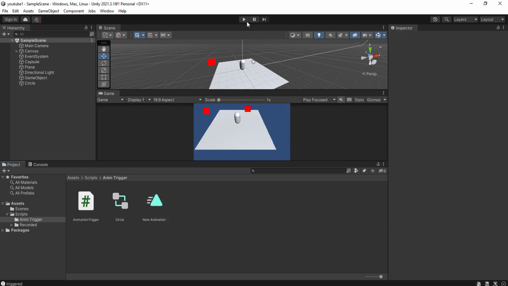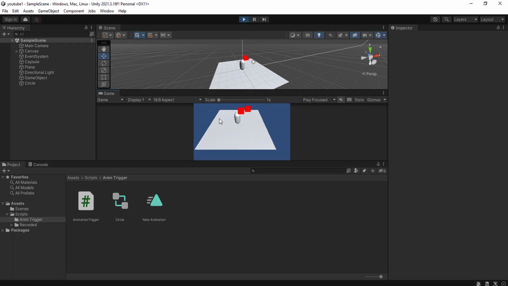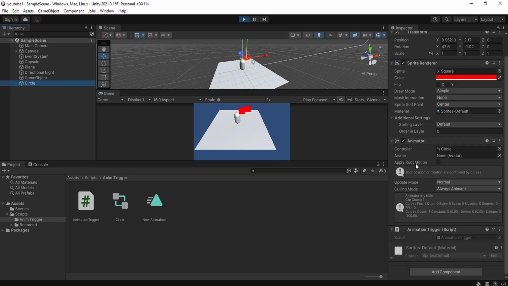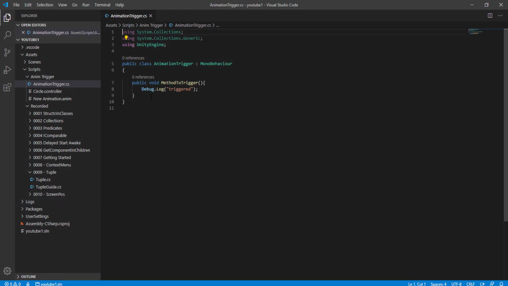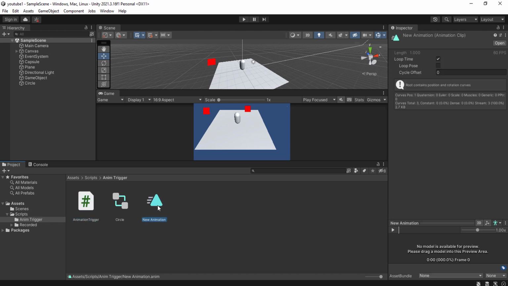So, okay, just let me show you the animation. The animation is just the movement here. And I added the animator and this animation trigger class here, that is devoid of anything but the method that is going to be triggered. So what you can do